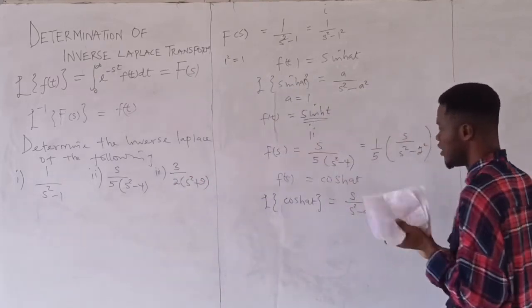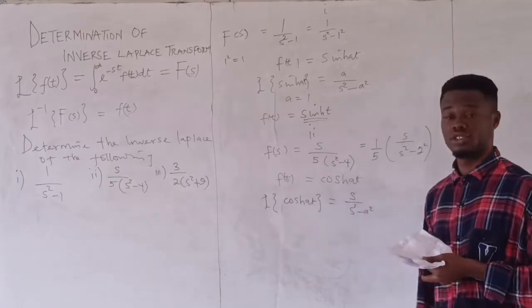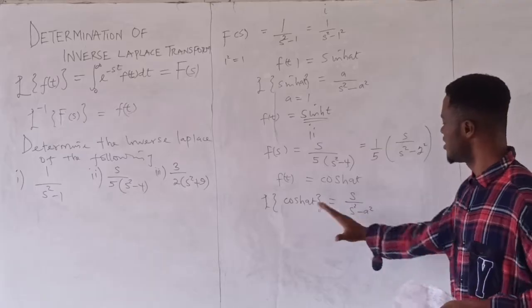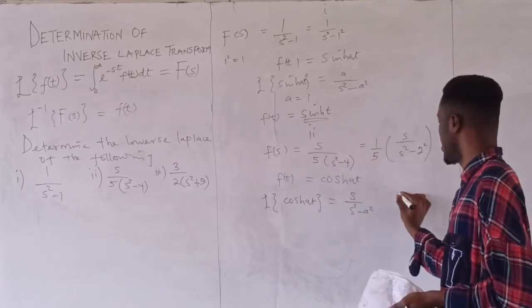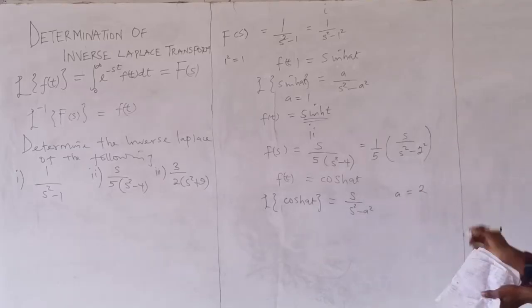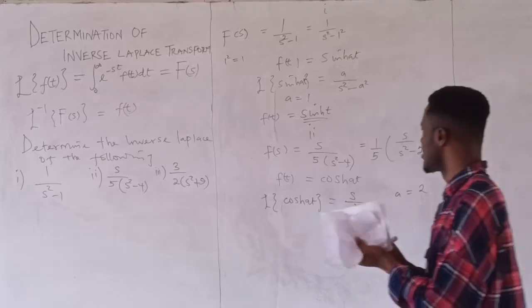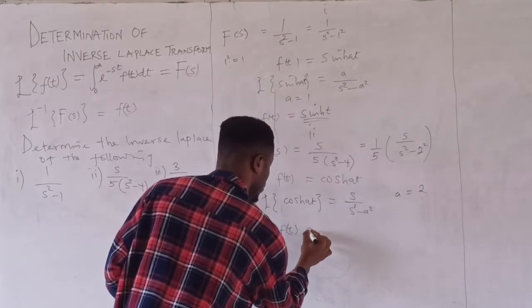So this was the definition of the Laplace of cosh at, right? So if we compare these two values, it means that a is equal to 2. So since a is equal to 2, the answer to this question now will be f of t is equal to